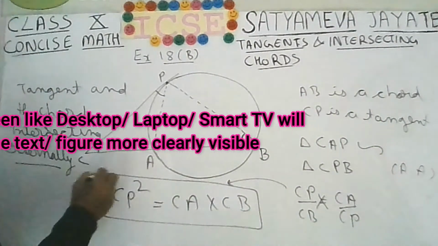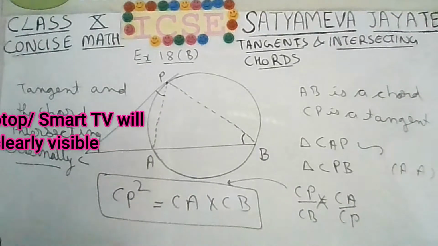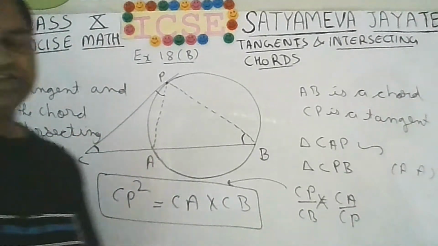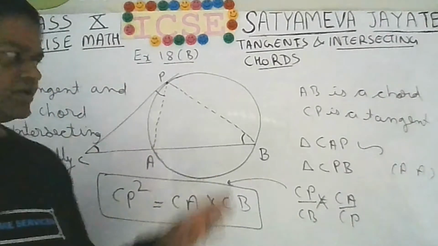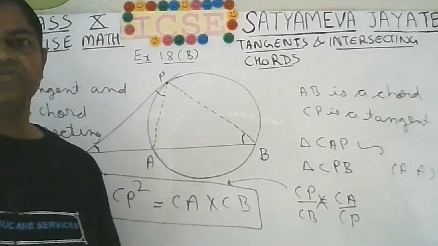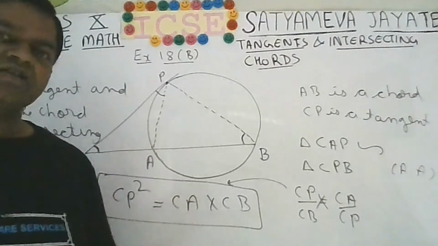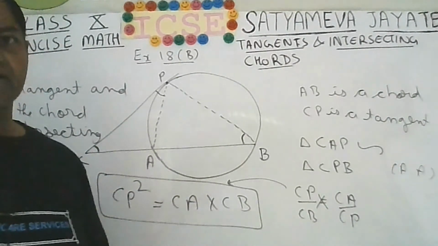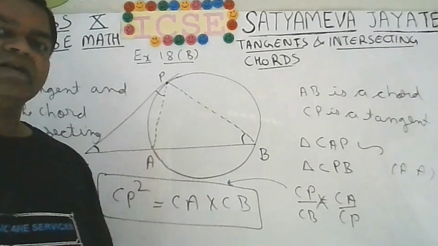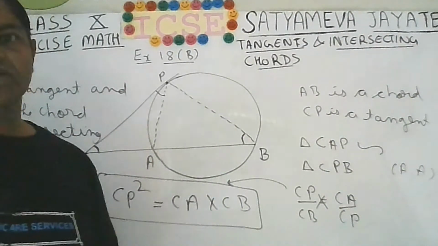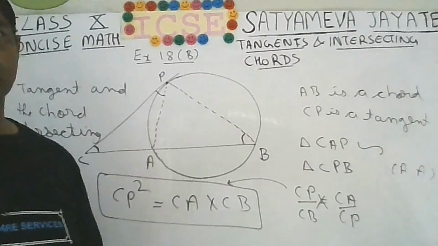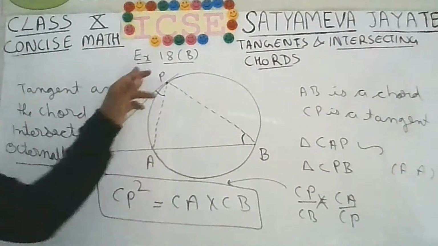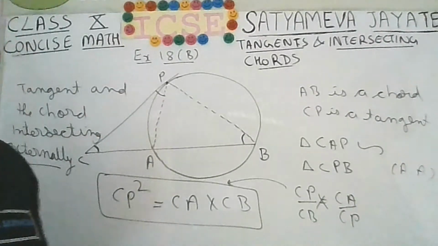Okay, because it is straightforward, that is why I am not proving the theorems, but you should be clear with the basic definitions. That is important. And second is the theorems. Now when I say theorems, I also mean the theorem that we have discussed previously while solving the questions of exercise 18A, and also the theorems of the previous chapter, that is the circles. So now once these theorems are clear, once the basic definitions are clear, then you can start solving the questions of exercise number 18B. Okay, so now let us start.